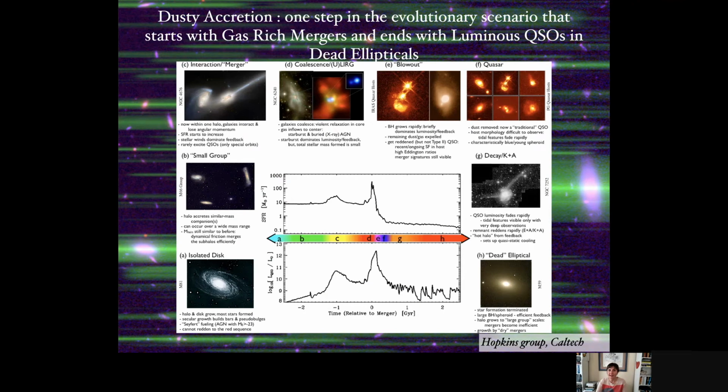So one way that dusty galaxies are exciting is that they probe one of the scenarios that explain this correlation, which I showed you earlier in the talk. One way to explain this correlation and the scatter associated with feedback is starting from a scenario in which gas-rich mergers evolve into obscured AGN, and as the central supermassive black hole grows,